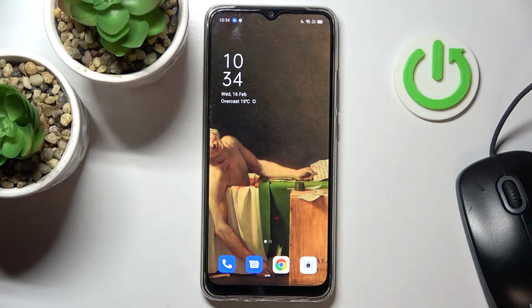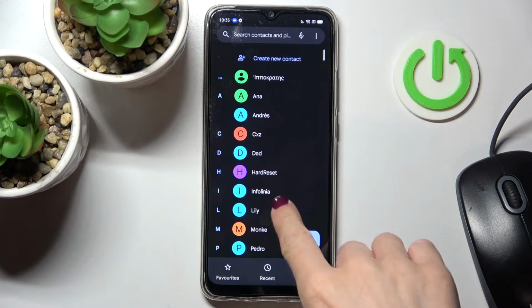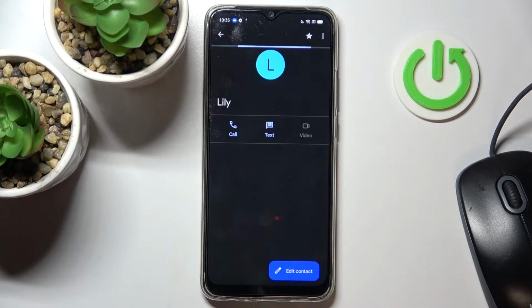In front of me is OPPO A15s, and let me show you how to add photo to contact on this device. So at first, just open the list of all contacts, pick the one that you would like to add this profile picture to, then select Edit Contact,